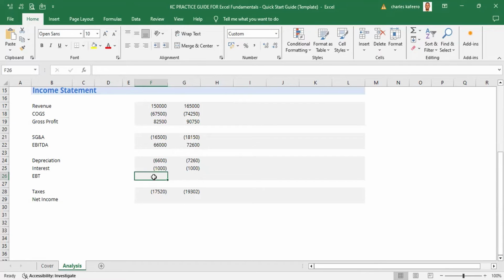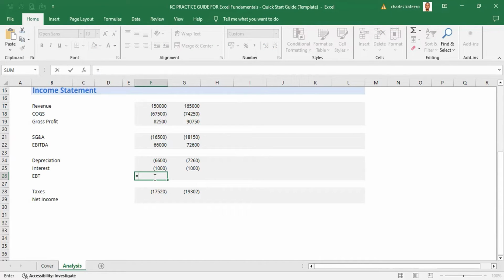The EBIT is earnings before taxes, which means we've already deducted the depreciation and amortization plus interest to get our EBIT. So our EBIT is going to be, we put in the equal sign